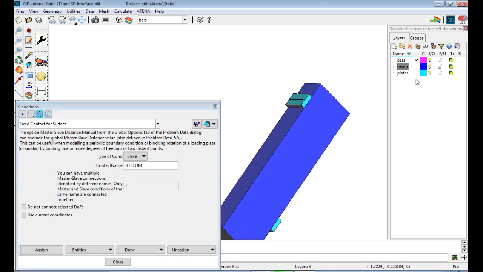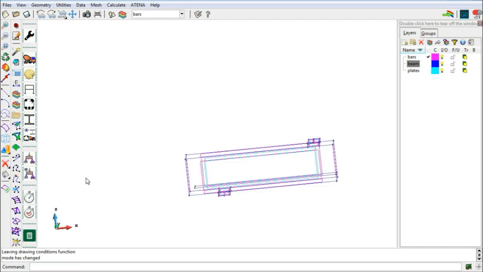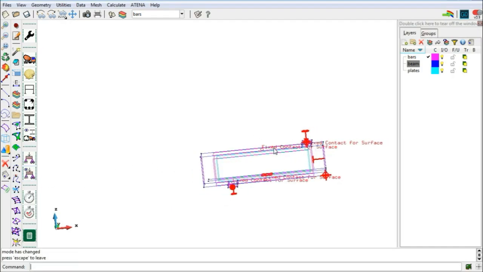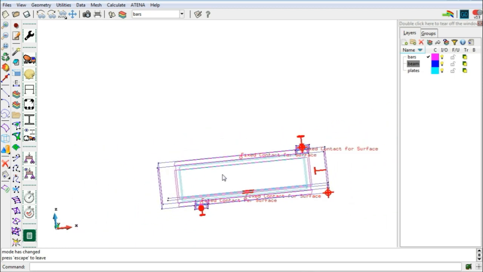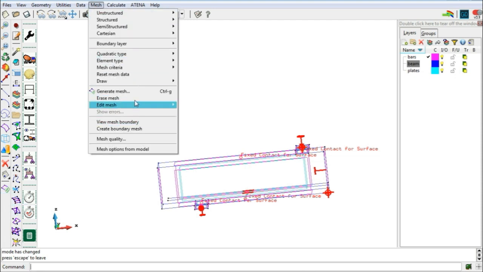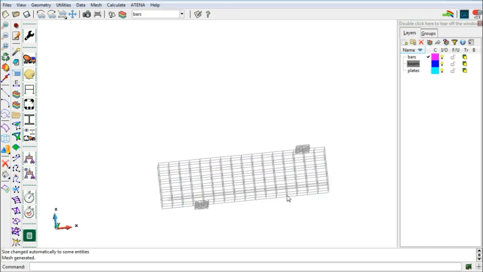And now by using color we can be sure by this color, and by clicking on this icon we can be sure which surface is fixed. This sentence will appear on the fixed surface. Now we should generate a new mesh by Control G or by this command, and